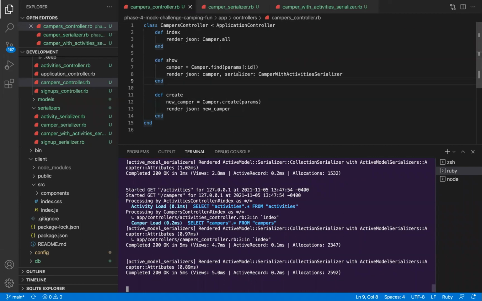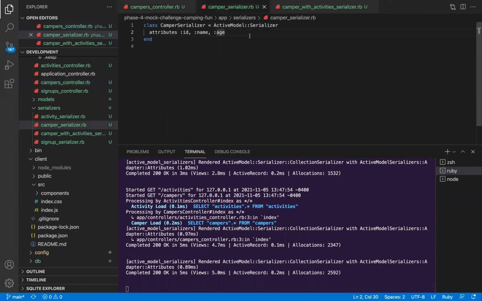So let's review what we've just covered here. First thing we did was with our camper serializer, we had automatically generated these with our Rails resource